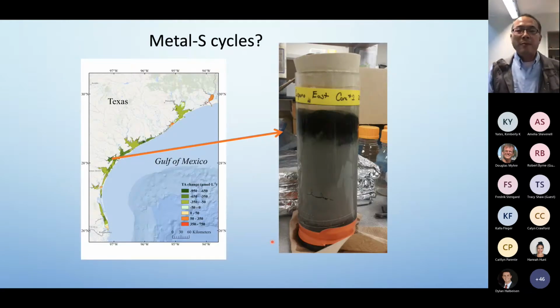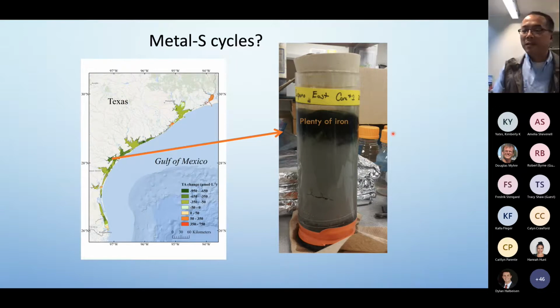So then we collected sediment samples, you can see here, from the same estuary, and the cap of the core was closed for just a couple of days, and look at the top part of the sediments. To me, that indicates there is plenty of iron, because iron sulfide is black. In Florida it's less so because there's not so much iron. It's a carbonate platform. Here we have heterogeneous sediments, and there's a lot of iron sulfide in the sediments.